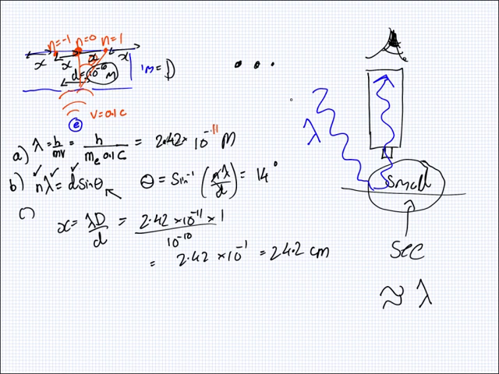So if you're using light that's 10 to the minus 6 meters, then maybe you could see something that's about 10 to the minus 5 meters. Roughly. Maybe 10 to the minus 6, but probably not 10 to the minus 5. If you want to see smaller, then the wavelength needs to be smaller. So for example, if you use a wavelength like 10 to the minus 10 meters, then maybe